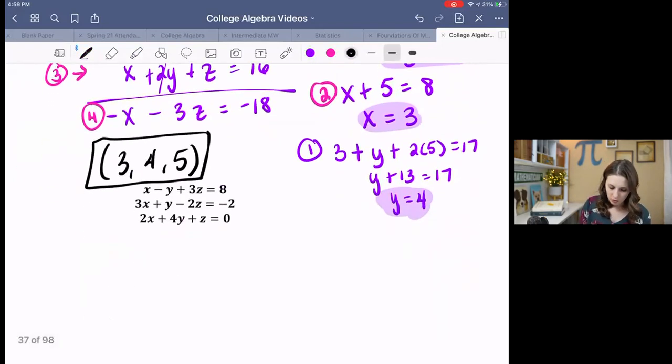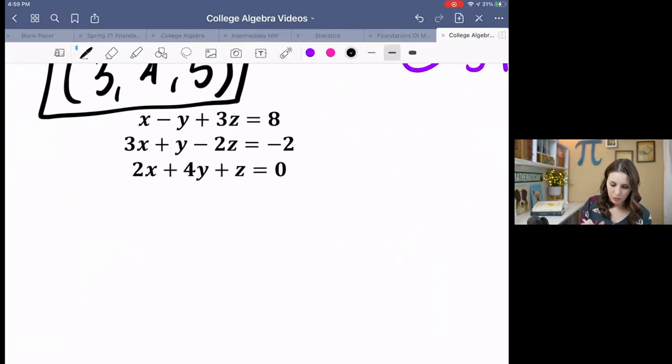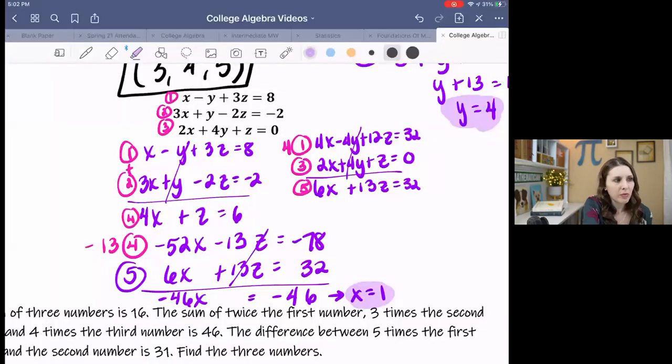So for this last one, I want you to pause it and try it on your own. Really give it a good try. Try to finish the whole thing before you hit play. And then when you're done, hit play and check it with mine. I was going to write the whole thing out and then let you check it, but I'm going to show you where I'm at so far because it does get a little, not messy, but a little confusing as to